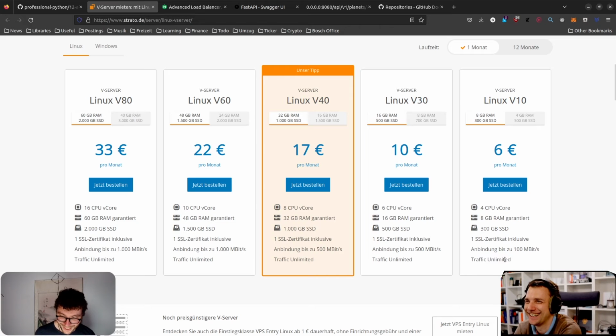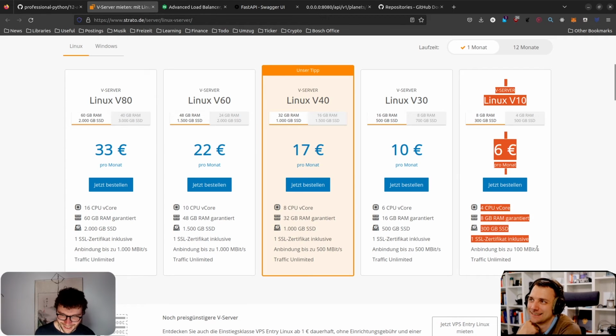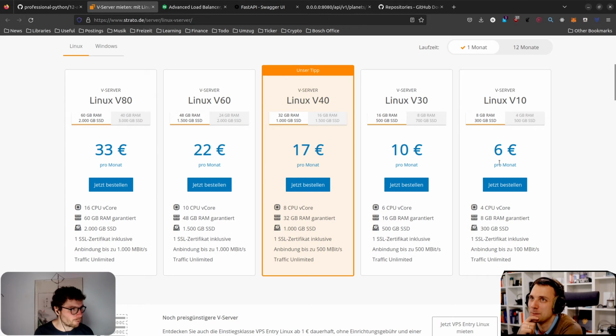So this is really the important part. Traffic unlimited. If you want to serve some traffic, because ingress and egress really cost you ridiculous amounts of money with some hosting providers. So I really like these servers, but you cannot cancel them so easily. I think it needs to run 1 or 2 months usually. I think you always need to pay 1 month more, something really fishy they have. But I don't care. For €6, it's so good to have a server running you don't need to take care of.